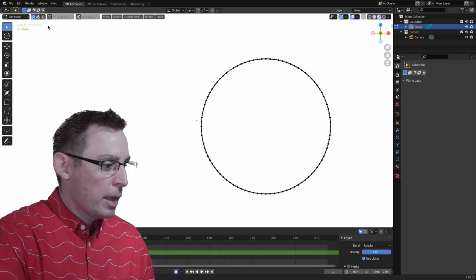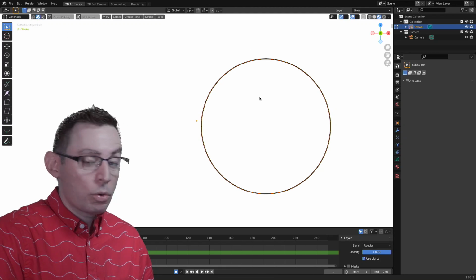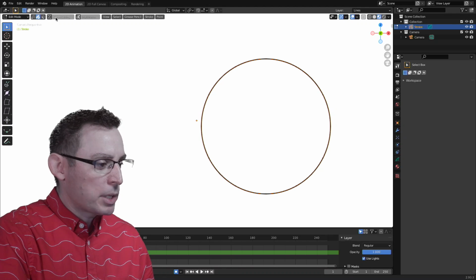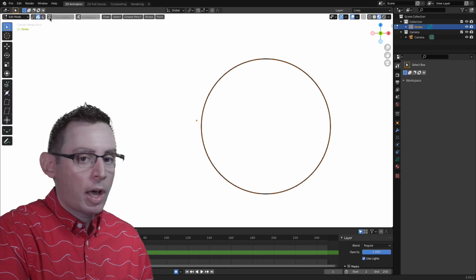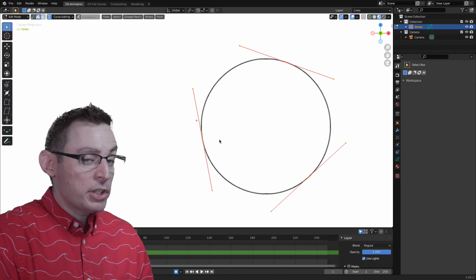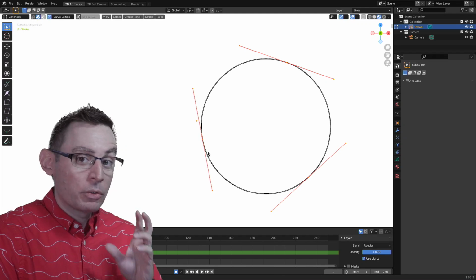I'm going to start off by selecting the entire stroke. I've changed my selection state to the stroke selection state, so I've grabbed the entire stroke. And now we're going to jump down to this option right here called Curve Editing, and we're going to turn it on by clicking this little button right in this first row. You can see exactly what the computer does. It adds these Bezier handles in here, which are very neat.